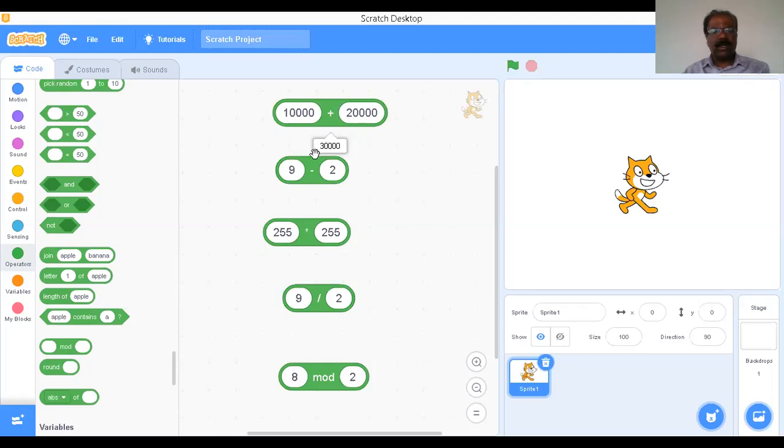Therefore, anybody can start writing programs using this particular tool. You have to write every program using blocks, with no need to know any syntax of the language. So anybody can start learning programming by using the Scratch tool. Using this, we can definitely improve our programming skill. That is the beauty of this.